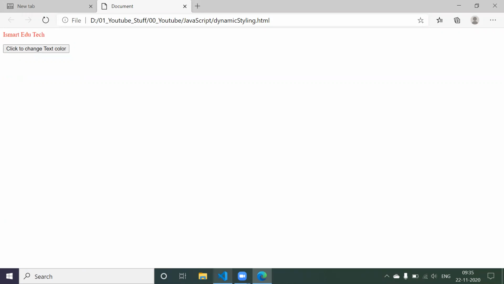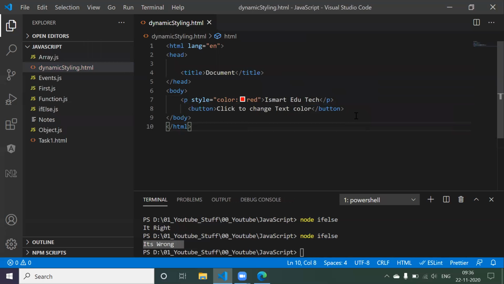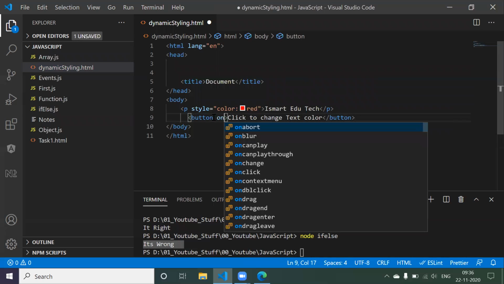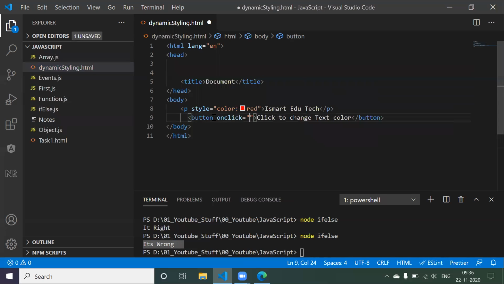So if you wanted to change the text color dynamically, then you have to go with JavaScript. So for that we will be writing one function. That function should be called whenever I click on that button, so we have to write some event. On click equals to, I'm calling the f1 function, I'm giving the name of the function as f1. Now we have to define it, so script,